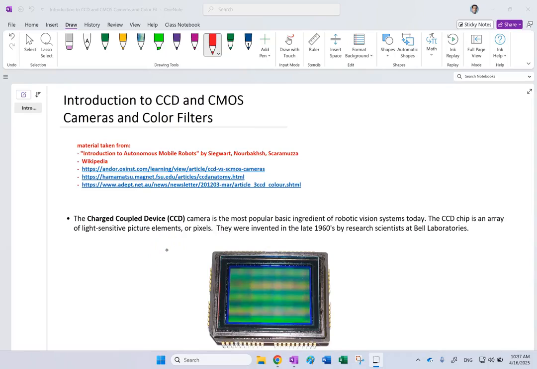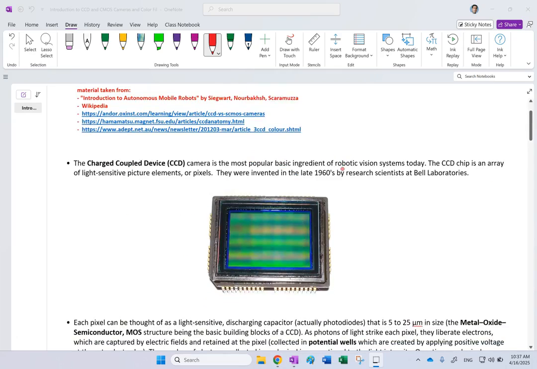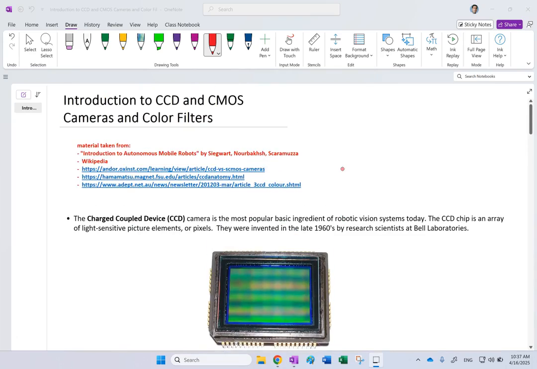Hello everyone. In this video, we are going to have an introduction to CCD and CMOS cameras and color filters. Now, I know this is a little bit deeper into image processing and computer vision, but when we talked about the camera models, the pinhole camera, and different things, it's not a bad idea to briefly talk